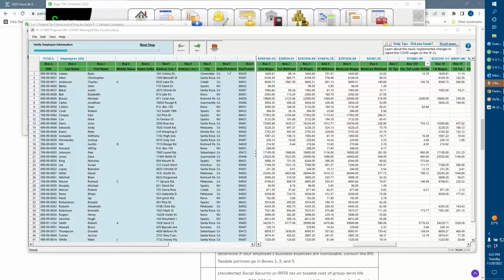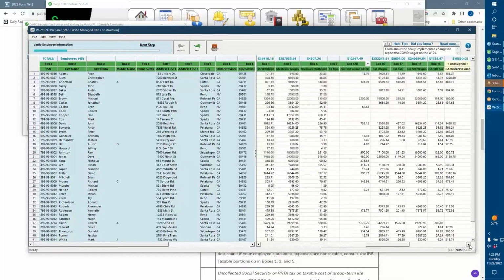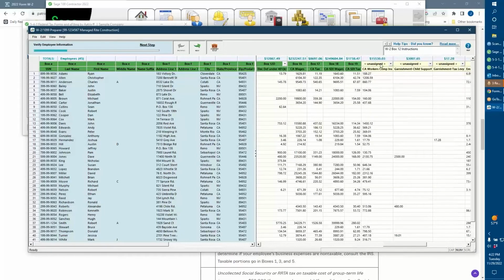So box A through box F, box 1 through box 17, 18, and 19 have been applied in this particular case. The rest of these are calculations that do not need to be reported on the W-2. So these beige colored columns I wouldn't worry about.